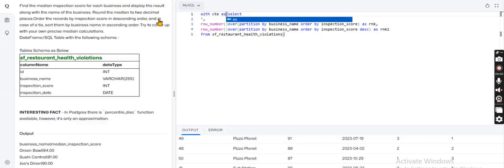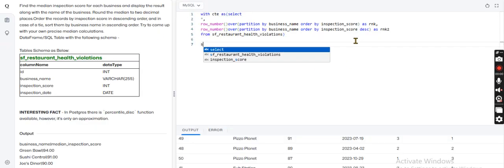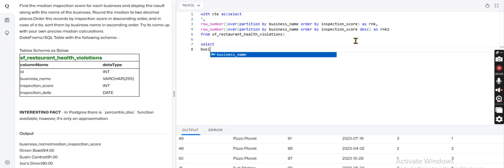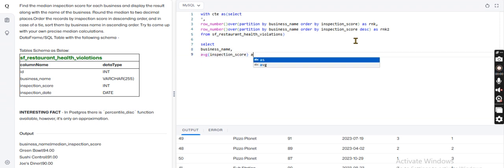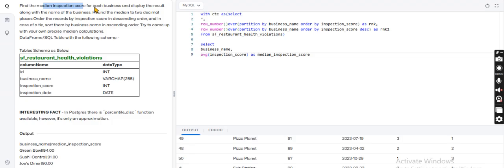So, with CTE as select business name, average of inspection score as median inspection score. Why have I taken the average? Because of the median inspection score of each business. So basically, median inspection score is nothing but the average, right? That is why we have taken it as the average